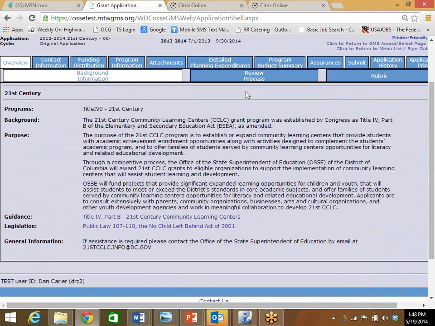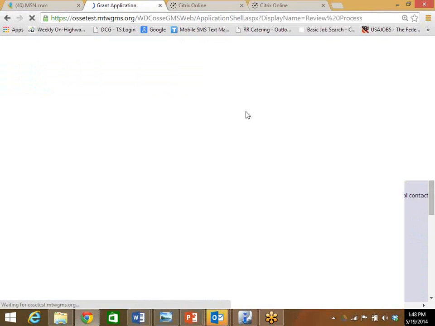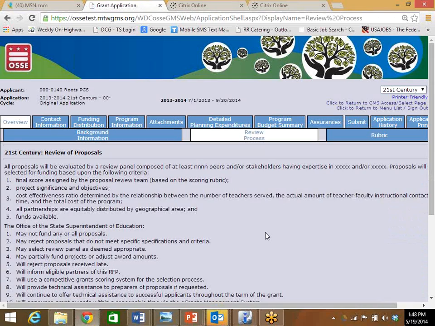In addition to background information, there is a tab which describes the review process for a competitive application. And all the competitive applications are the same. In some applications, you will see the actual scoring rubric that's used by the readers of that, so you can understand once you submit your application, how you are going to be scored. There's nothing for you to do in this review section other than understand how your application is going to be